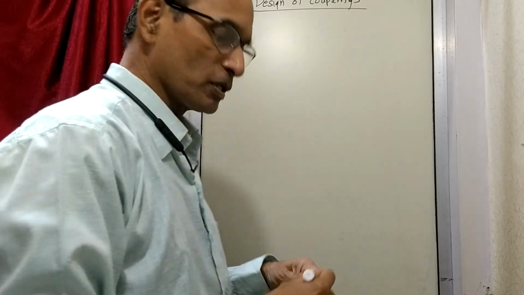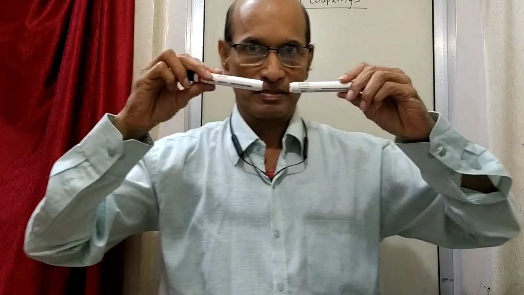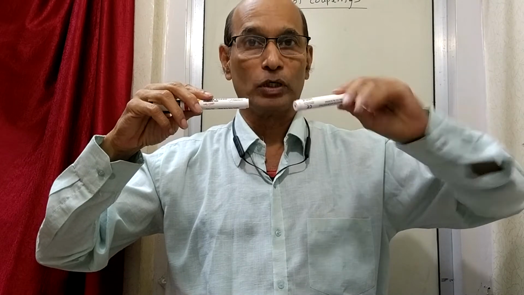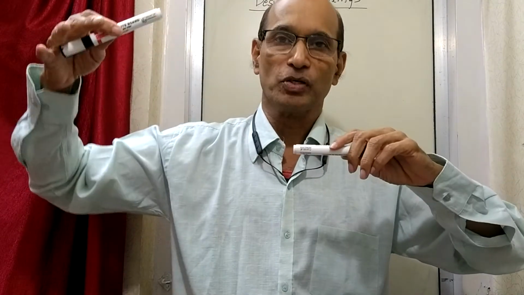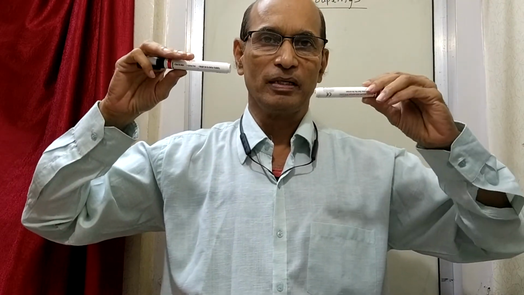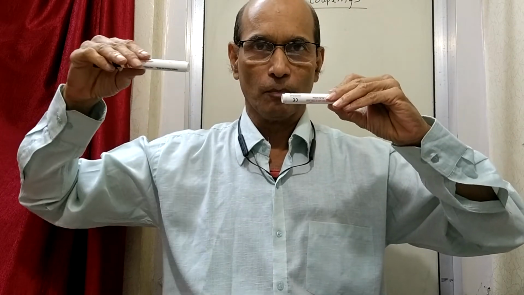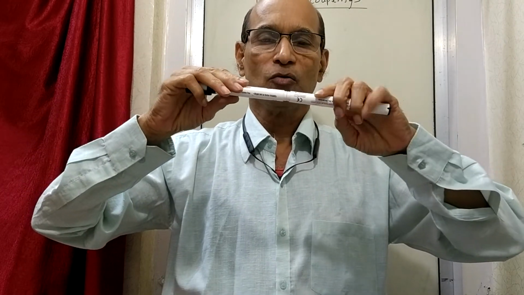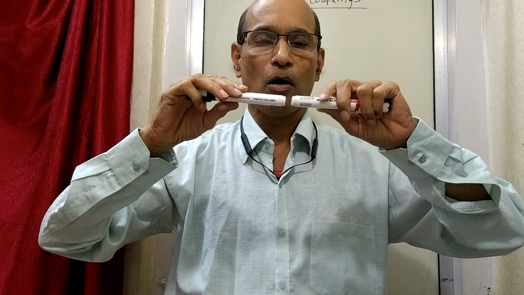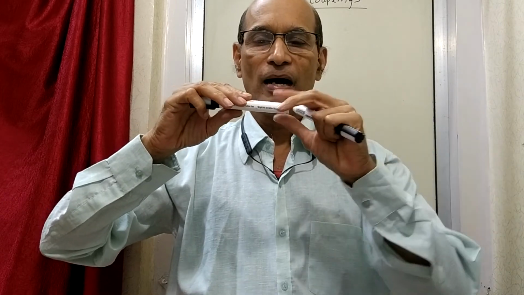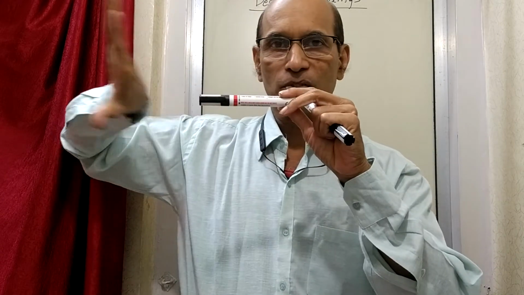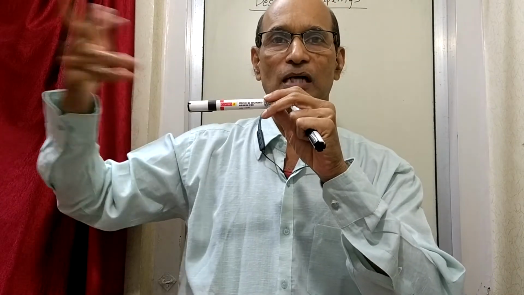Design of couplings. We have already seen earlier what a coupling is and what the role of a coupling is. Suppose these are the two shafts. Let's say this is a shaft of a motor and this is a shaft of a machine. You want to transmit the power from the motor to the machine, so first you have to connect these two shafts so that the power transmits from one shaft to another, and once this shaft rotates, whatever machine is on this side will start functioning.